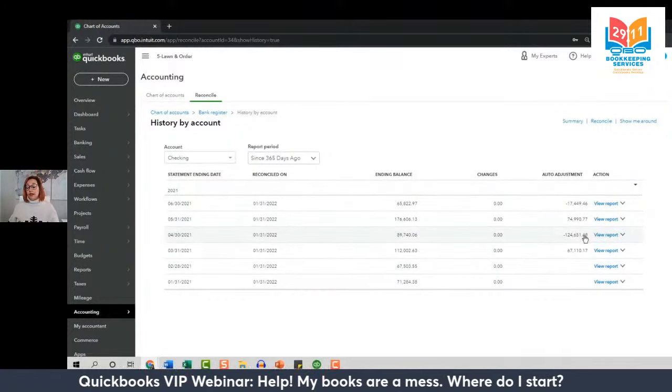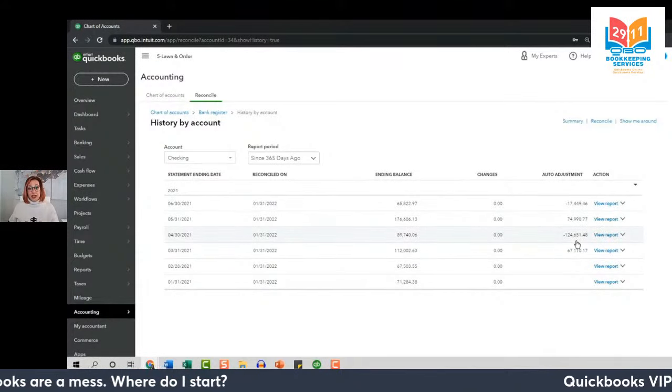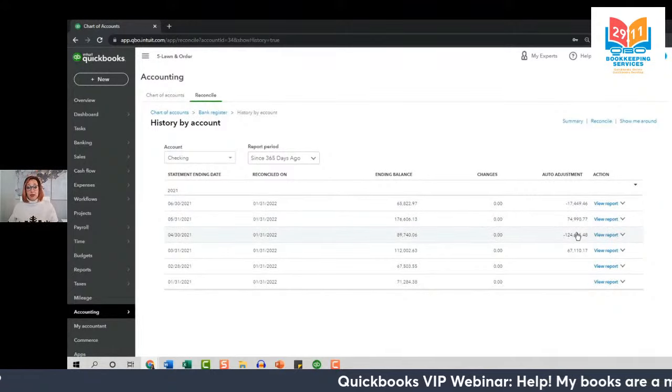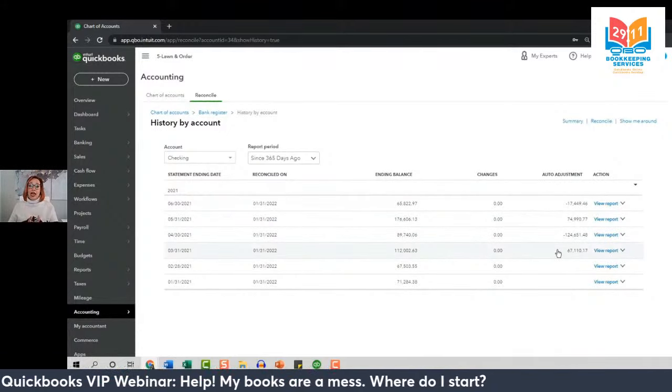However, look at all of these auto adjustments. This means whoever was reconciling before forced the balances to equal each other using that reconciliation discrepancies journal entry like we saw earlier. And that is a huge red flag. That is a sign that somebody's doing things wrong.